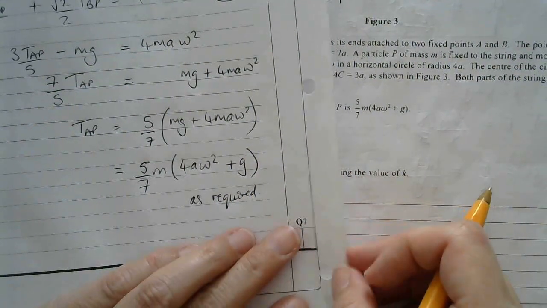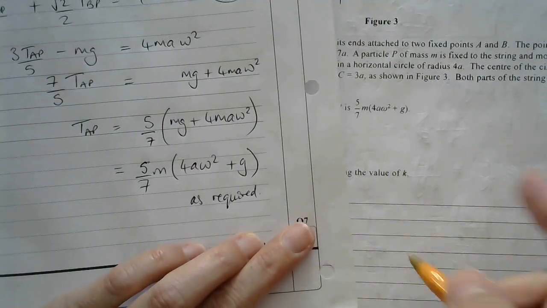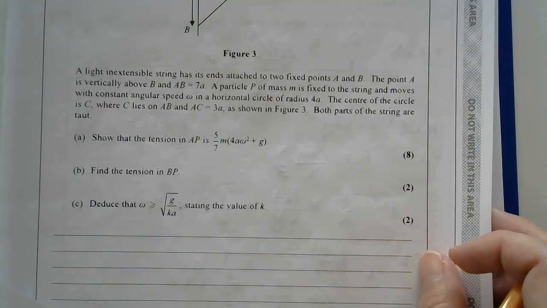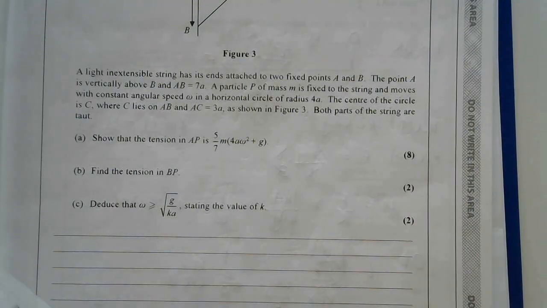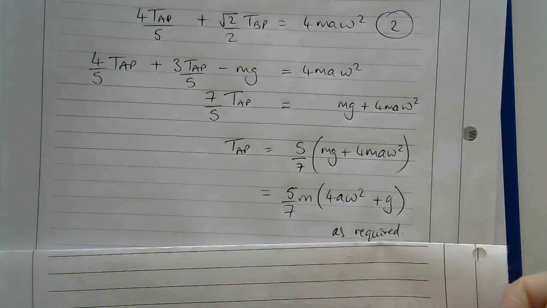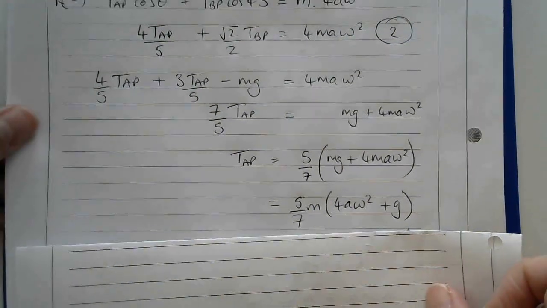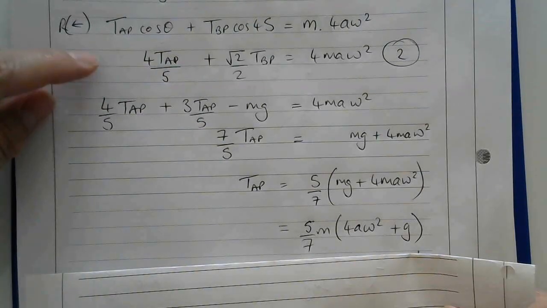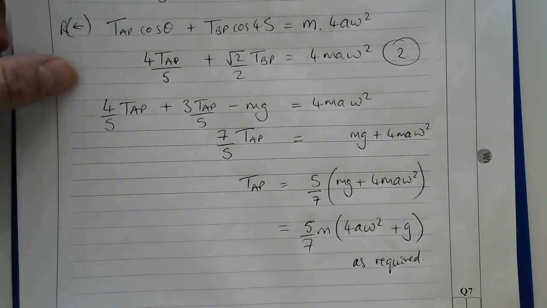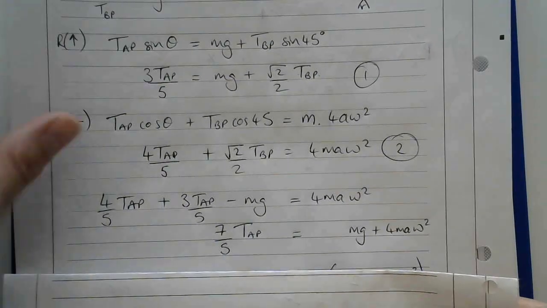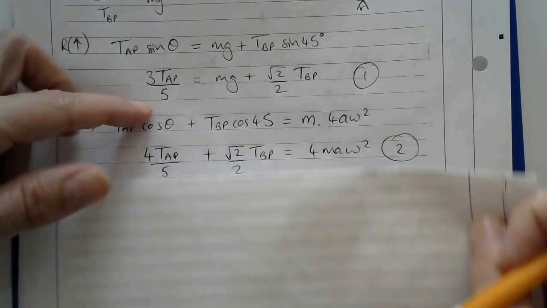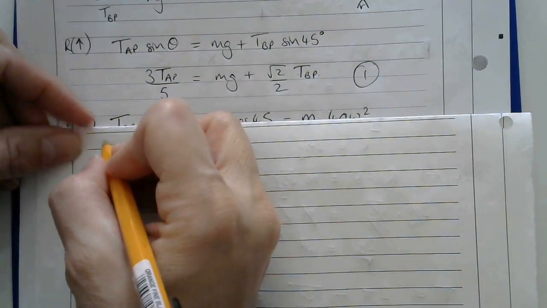Okay, so that part of the question is worth 8 marks, and the next part of the question is to find BP. So now I will use one of the equations that I had up here to find what BP is. So perhaps if I use the first equation, it looks a little bit nicer. The first equation was this, so I need 3/5